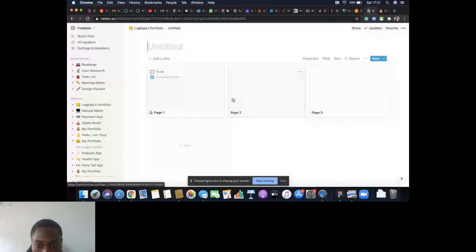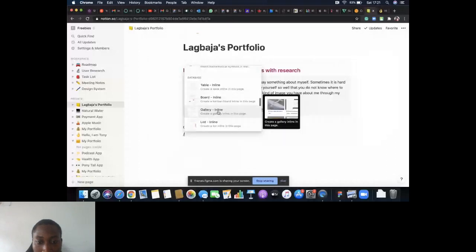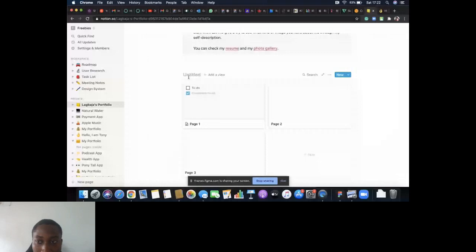We want this gallery as inline. Gallery inline is like, if you code, if you know CSS rather, you always know about inline text or something. So that's what it looks like. So we're taking away full page and we're going with our gallery inline. So slash and gallery inline, so it remains on this page. I'm going to take out these case studies I've written here and give a title to this gallery inline. I'm going to call it case studies.